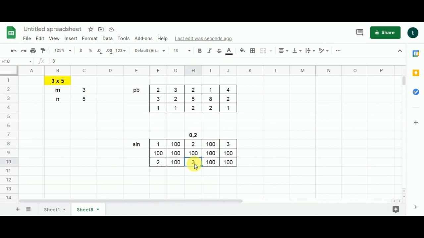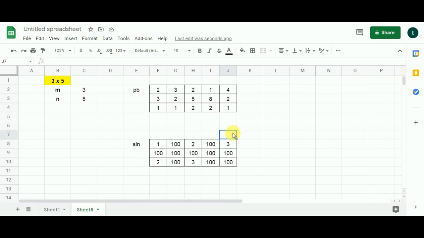Now let's move to this cell and I'll eliminate this address over here. Now the first condition itself is denied, that the value in the cell we are investigating must not be equal to the max value. So the max value is 100 and it is the value which exists here. So we are going to skip this cell. We move here. Now the first condition is satisfied because we have 3 over here.